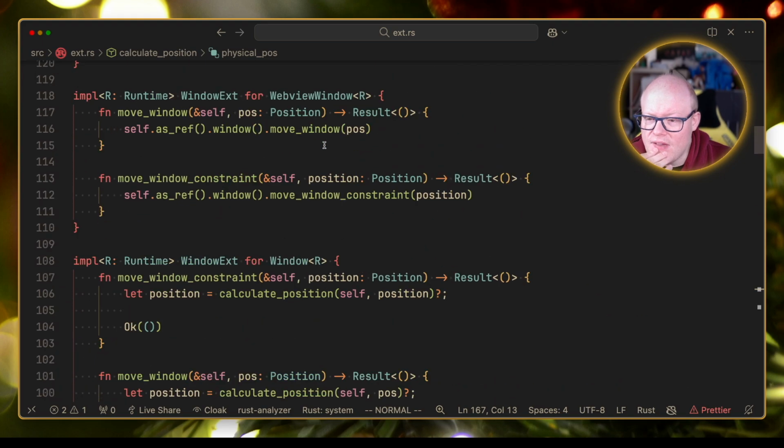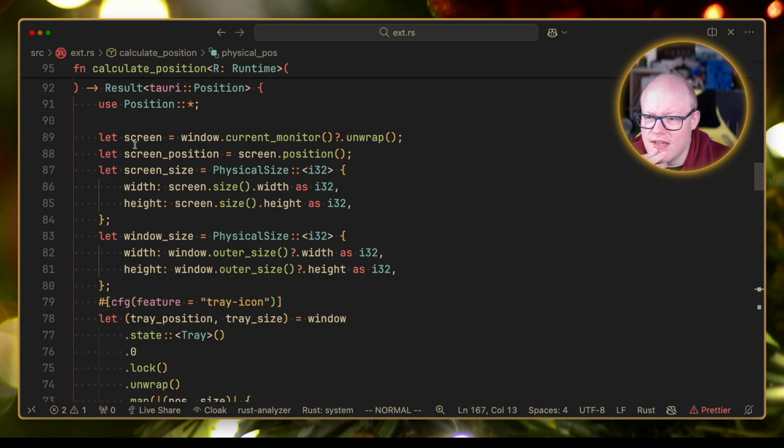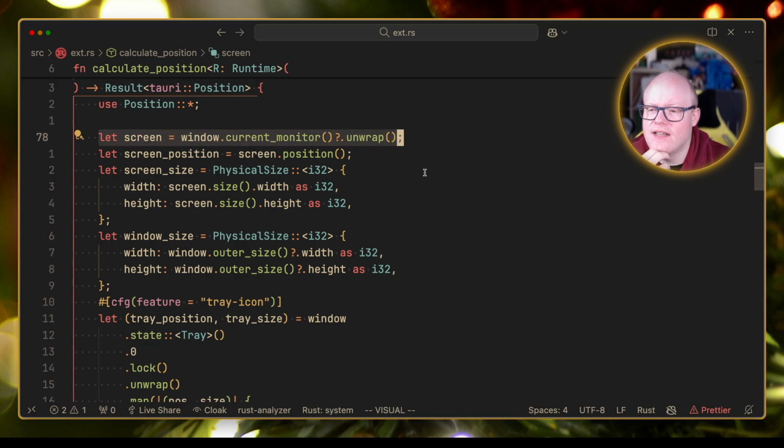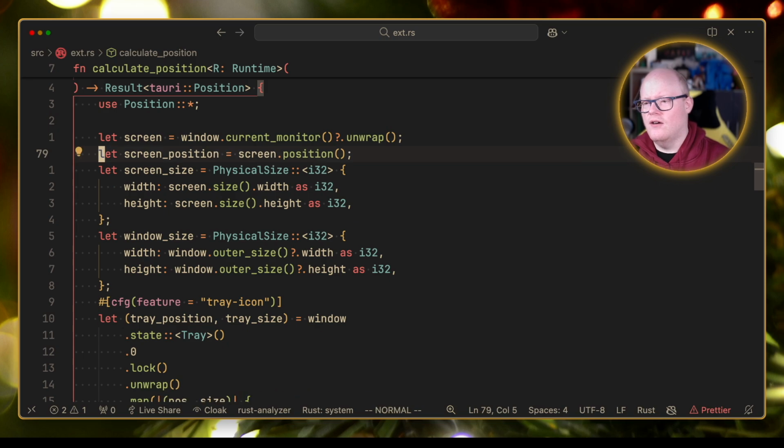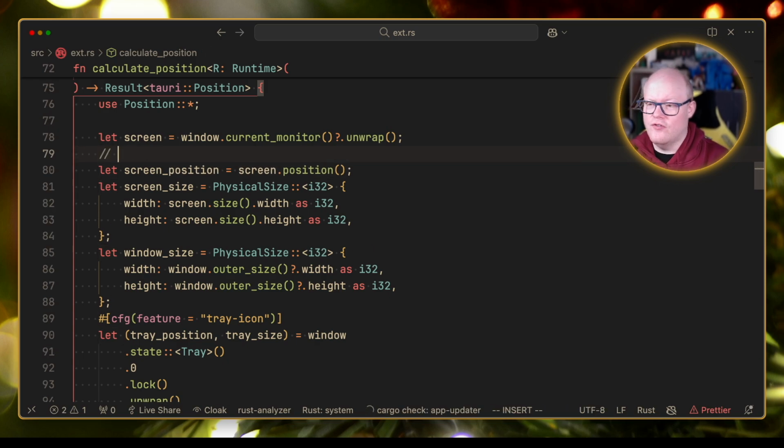So I can't do the same thing they are doing here, simply getting the current monitor. Maybe I could put a comment over here saying: only use the screen position for the tray independent